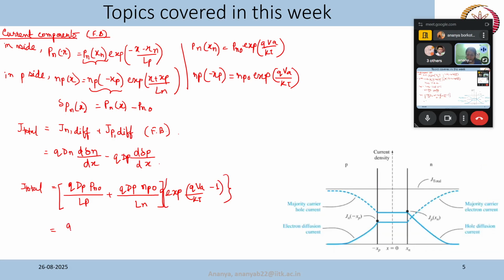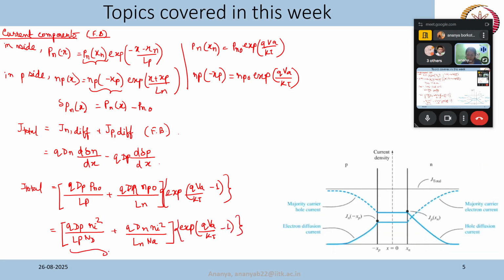Or we can write it as q Dp ni squared by Lp Nd plus q Dn ni squared by Ln Na, and this term we call as JS, the reverse saturation current,